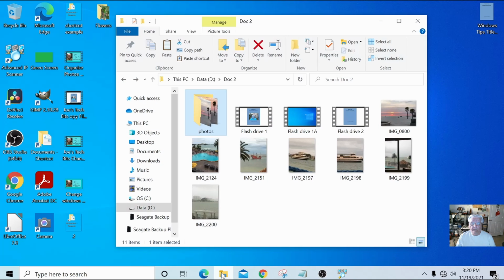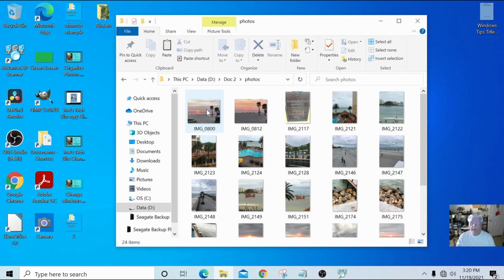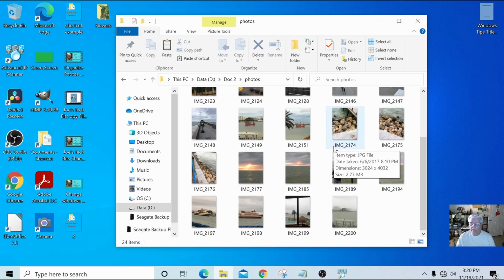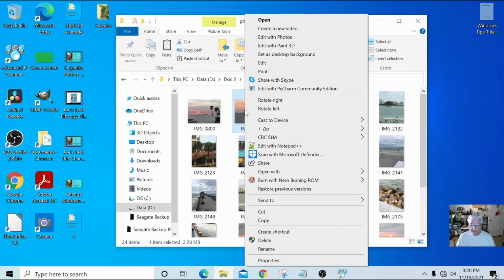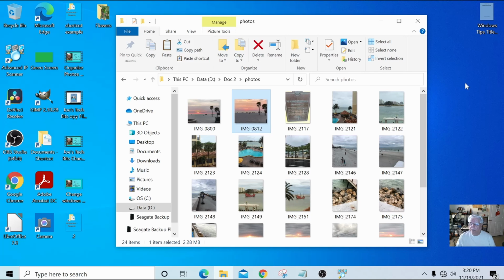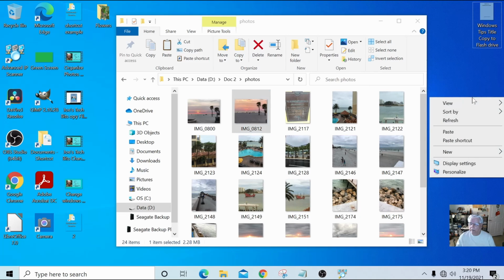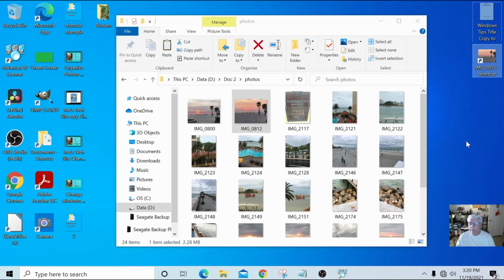I have a folder here with several photos in it, and if I like one that's really nice and want a shortcut to it, I can right click on it, say copy, then go over to the desktop, right click again and say paste shortcut. Now I'm going to have that picture there